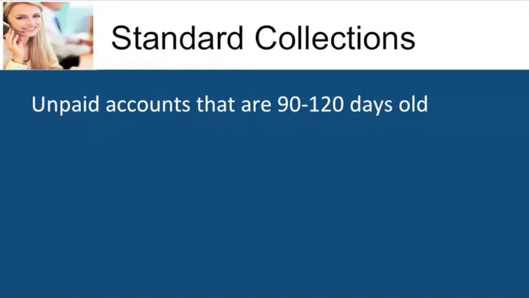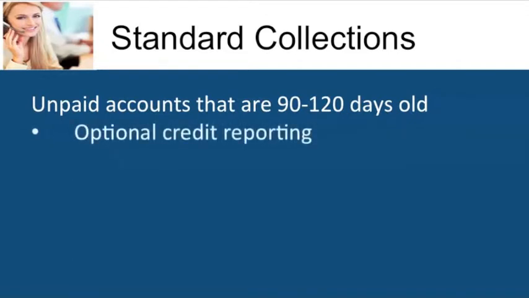But the unique features that we offer include this. 1, optional credit reporting. 2, credit alerts, changing credit reports. What does that mean? We go a step further when we interact with the credit bureaus. We pay a little bit more money. What we're doing is, if you do choose to credit report, during the course of 7 years, anything that's unpaid,